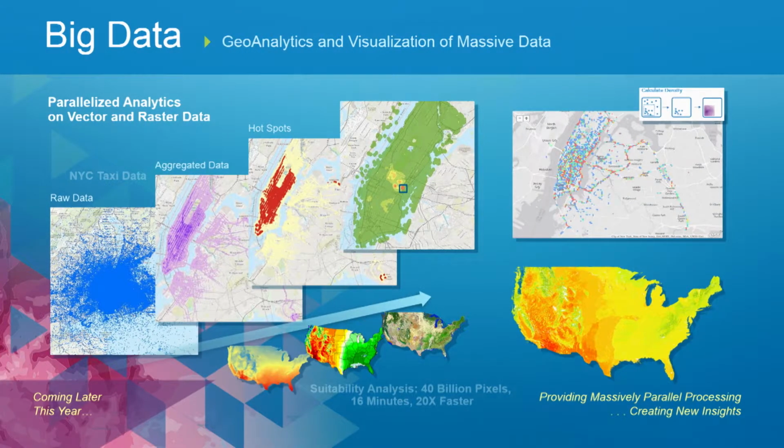Another large area of development is big data. Our team has been working for a few years on developing a new technology. We refer to it as geoanalytics, a GeoEvent Server. This allows us to take very, very large sets of vector and raster data, and process it in a space, an infrastructure space we refer to as big data. This is largely Hadoop with Elasticsearch, some tools that we are borrowing from our partners in the open source world,